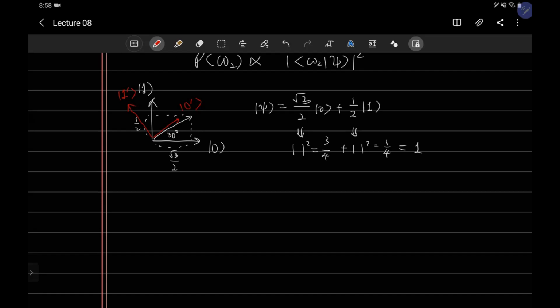Even though I just drew this with different lengths, I'm assuming that this new basis is also normalized, so they should actually be the same length. That means that this original state can also be represented in the new basis